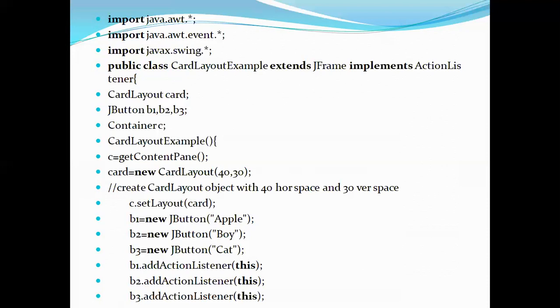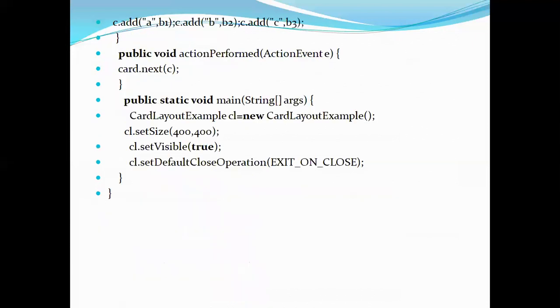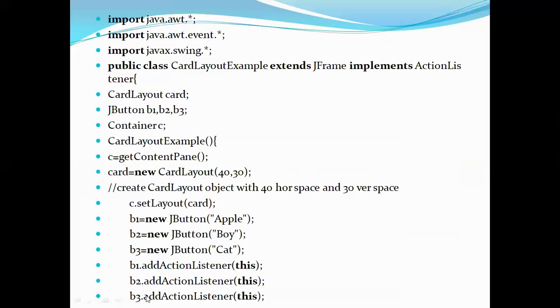This indicates the current button, whichever it is. For all the three buttons I'm actually writing the same action listener. Action performed is the same for all the three buttons. So whatever the button is, it will perform the same action. That's why I wrote it as this. You're not writing separate actions for three buttons. For all the three buttons, you're doing the same action. What is that? Just going to the next card.